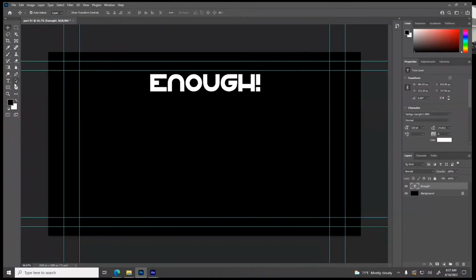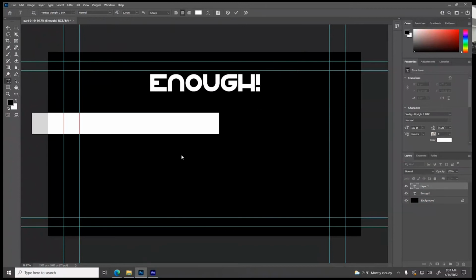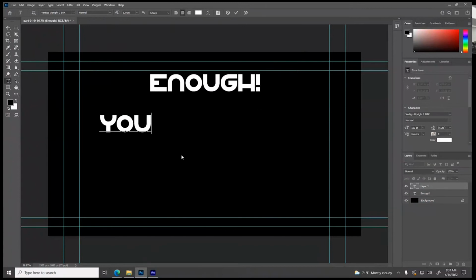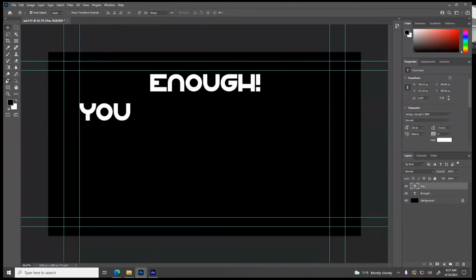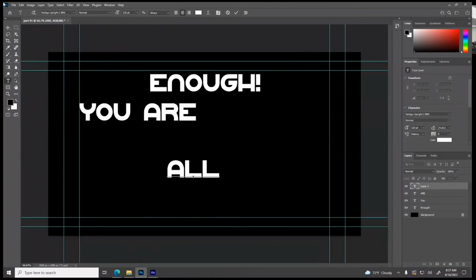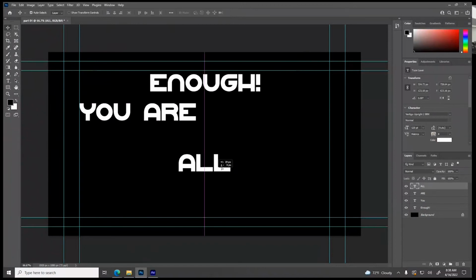Put it in the meta layer. You are all of you against me, or you are all of you beneath me. So then I'm just going to make it be you are all. So each text layer gets a different, each word rather gets a different layer